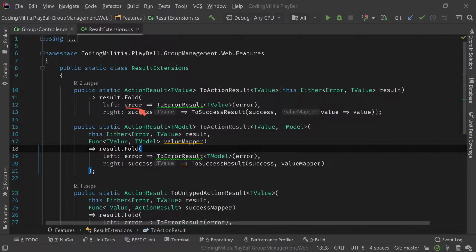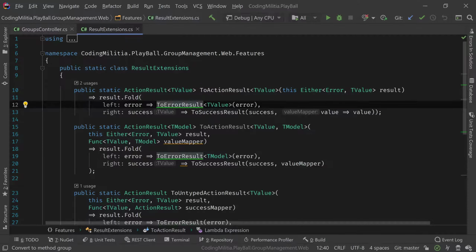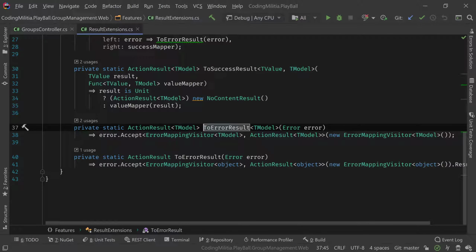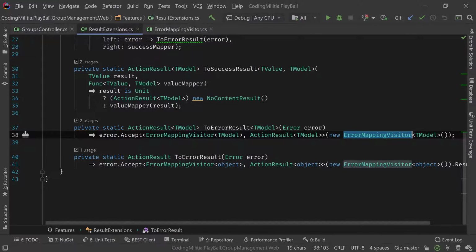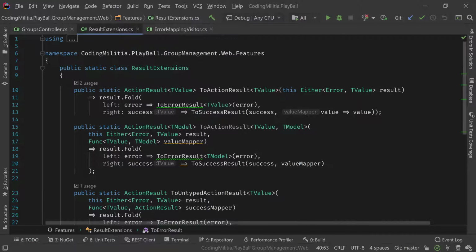And when it's error, we call this to error result, and you'll find this here. So we're using that visitor pattern that I mentioned and passing in that visitor that we saw that maps the results, the errors, to action results. So this is that implementation. So in case of error, we use the visitor to map the thing. In case of success,